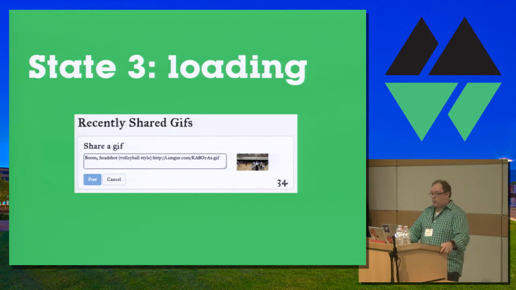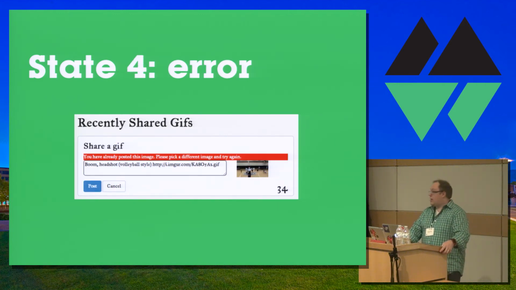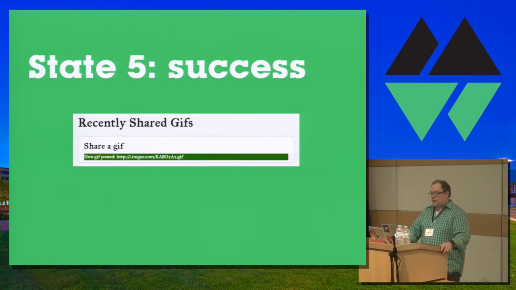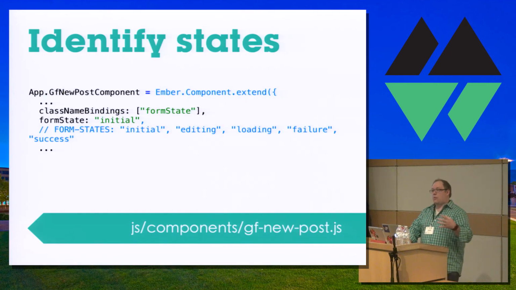While the data is in flight, we just want to disable the post button but leave everything else the same. And on an error state, we want to leave the text intact and display a message. And on success, we want to display a message and hide the form. And then after 5 seconds or so, we want to do a form reset back to the initial state, which is exactly what we were doing before. But now we're actually defining it and specifying it.